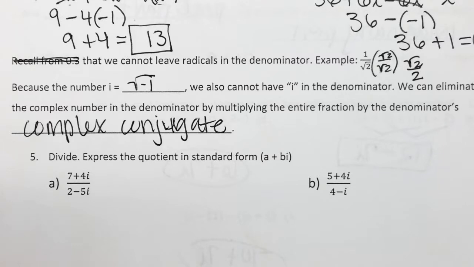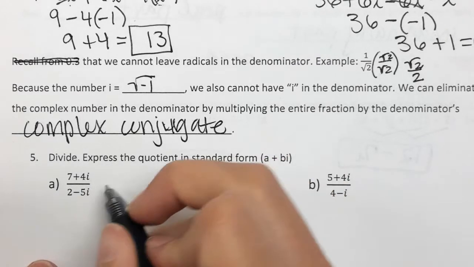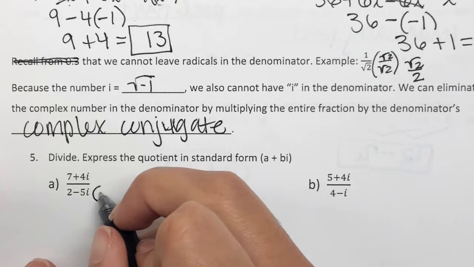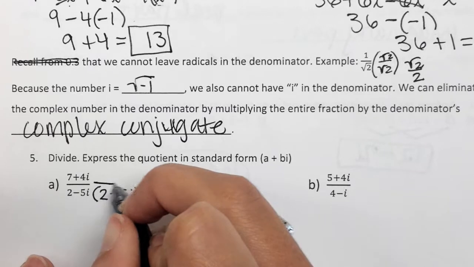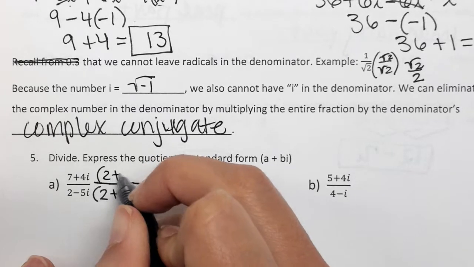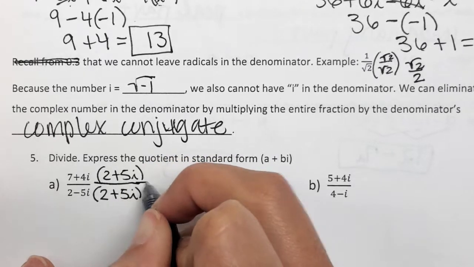So like in part A, it has 2 minus 5i. We can't have that. So what is 2 minus 5i's complex conjugate? 2 plus 5i. Good. So we need to multiply the top and bottom by 2 plus 5i. Now,